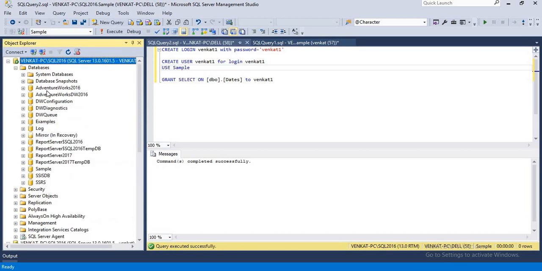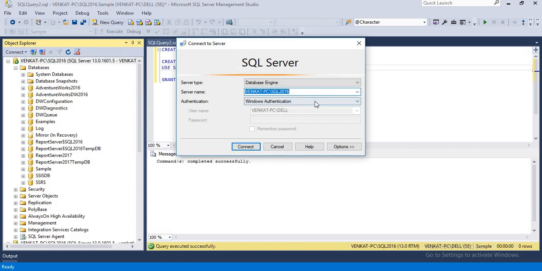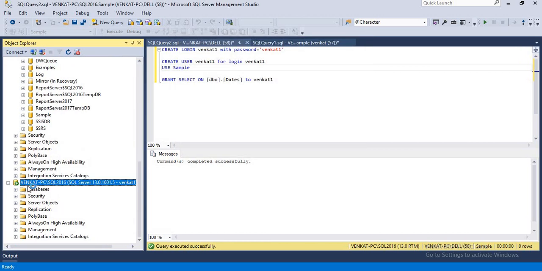So let's log in with them. Venkat1, change to SQL authentication, and let's provide the necessary password. Let's go here quickly. If you're trying for the first time, expanding might take a little while. Let's expand.